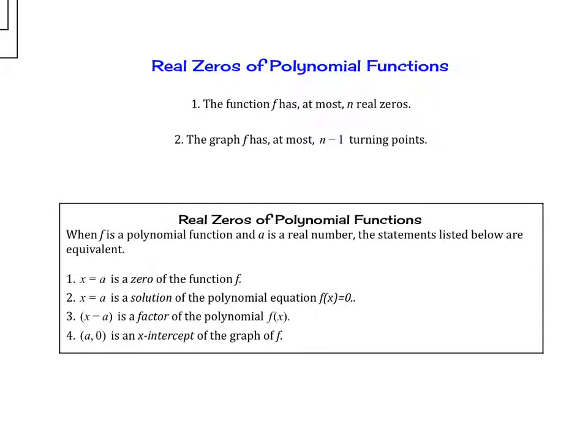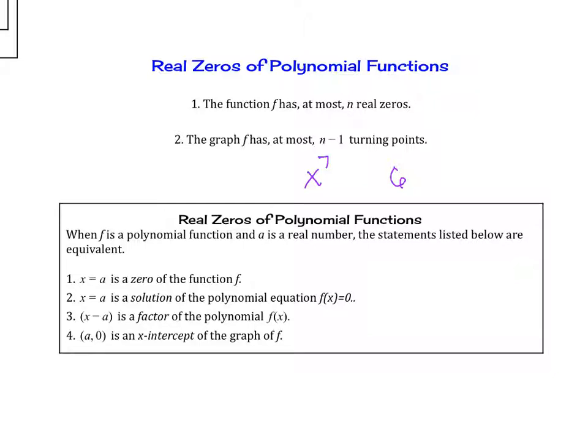Real zeros of polynomial functions. The function f has at most n real zeros. The graph of f has at most n minus 1 turning points. So depending on your degree, it tells you it has at most that number of zeros, and you will have n minus 1 turning points. An example is if I said it was x to the 7th power, that means you have a possibility of 7 real zeros, and at most 6 turning